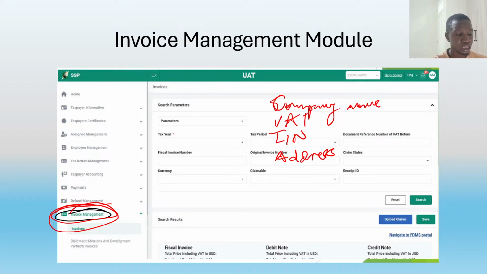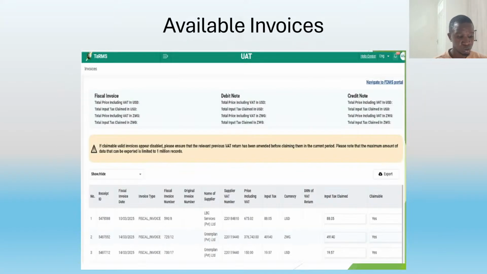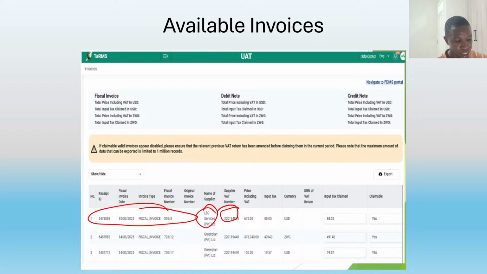So the process that will happen is more like what happens when you are doing payroll, PAYE returns, whereby whenever you are buying, your invoices will be here, right, with the company name of the supplier that you bought from, their VAT number, their price including VAT, what was the input tax, and the currency, right? So whenever you have these invoices, when you now want to do a return, you would come to this invoice management